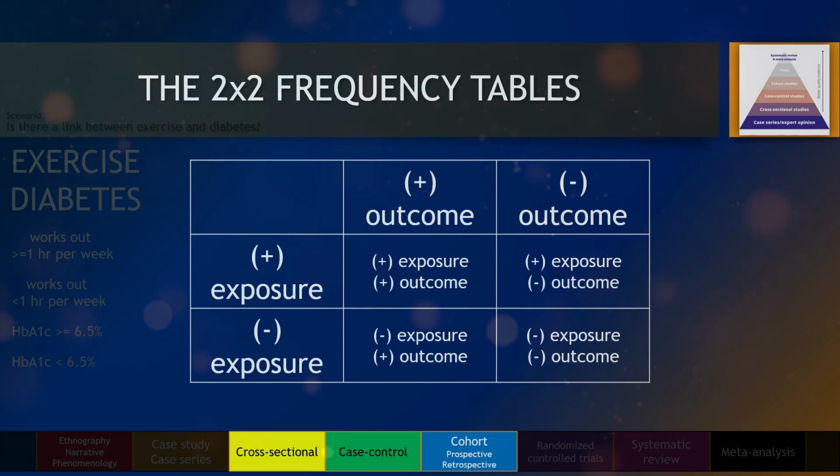A 2 by 2 frequency table is a very important tool for a researcher conducting epidemiologic studies. This table places exposures and outcomes into rows and columns, respectively, within our 2 by 2 table. We can then assign those with the exposure and outcome on the upper left of the 2 by 2 table, those without exposure and without outcome on the lower right, while those with exposure but without the outcome on the upper right, while those without the exposure but with the outcome on the lower left quadrant.